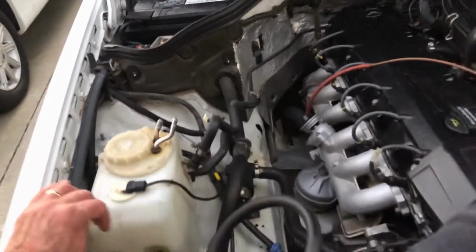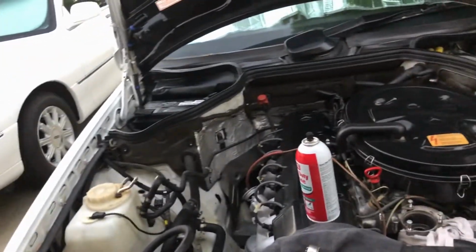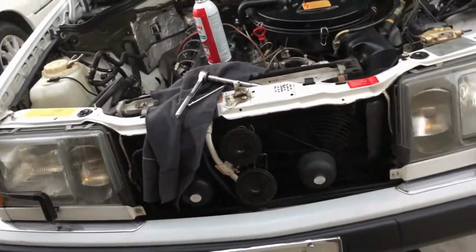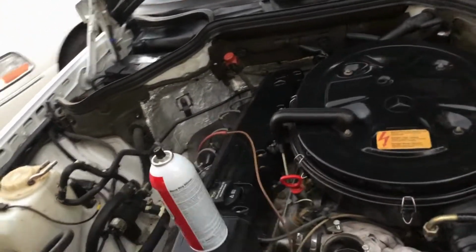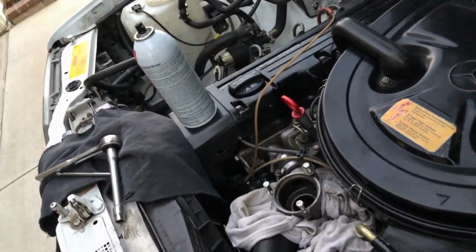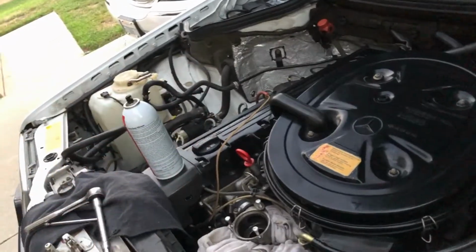So the sun's going down. It was 97 degrees here today. I could not really get out here and do anything when it's that hot. It's just exhausting. So next, I think I'll pull the radiator tomorrow, do the engine